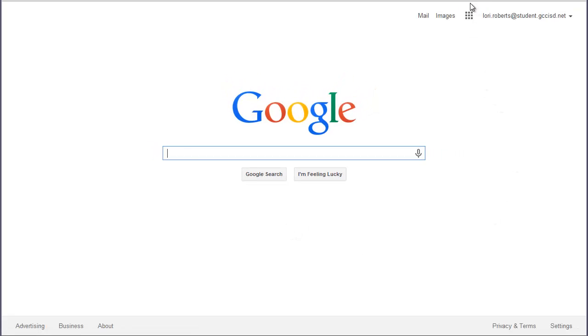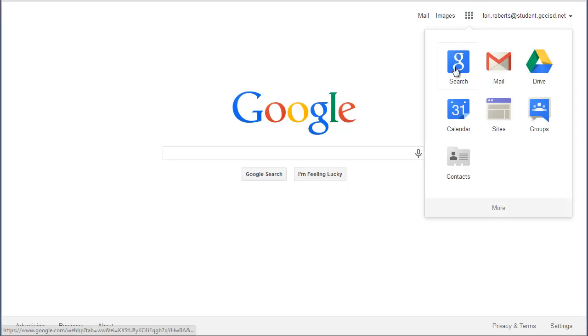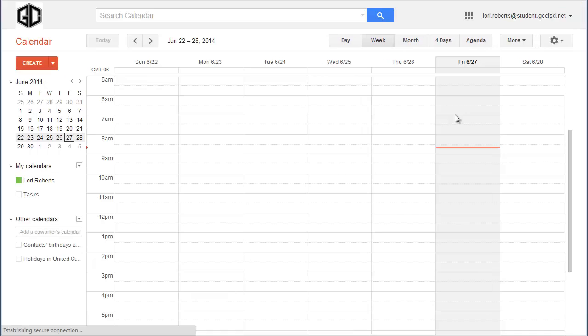Once signed in, you're going to come up to the apps button, which looks like a tic-tac-toe right next to your login, your email address. That's how you know you're logged in. So I'm going to click on apps. I'm going to go down to calendar. Once you're logged into Google Calendars, over on the left-hand side, you'll notice you have one calendar, and this is